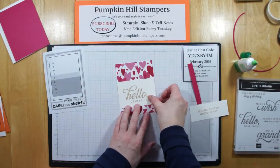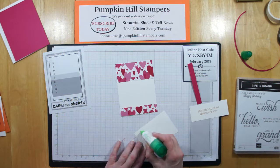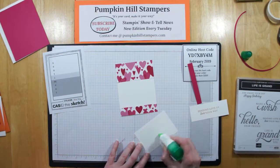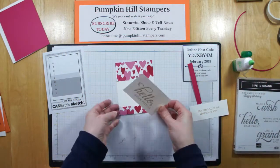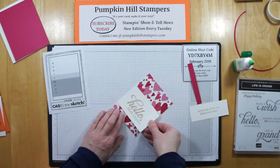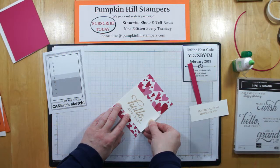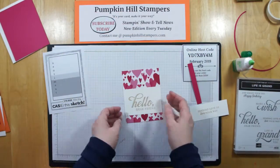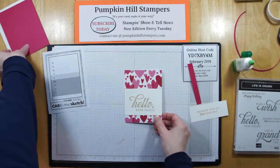Alright, so now I'm going to put my sentiment right there in the center. So I'm just going to add some adhesive. Okay, so this is this part of the sketch. Square that off like that. Okay, then this is going to go